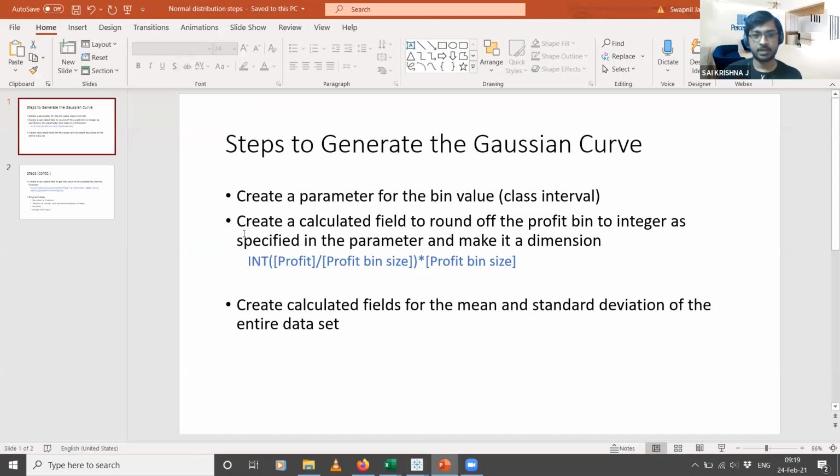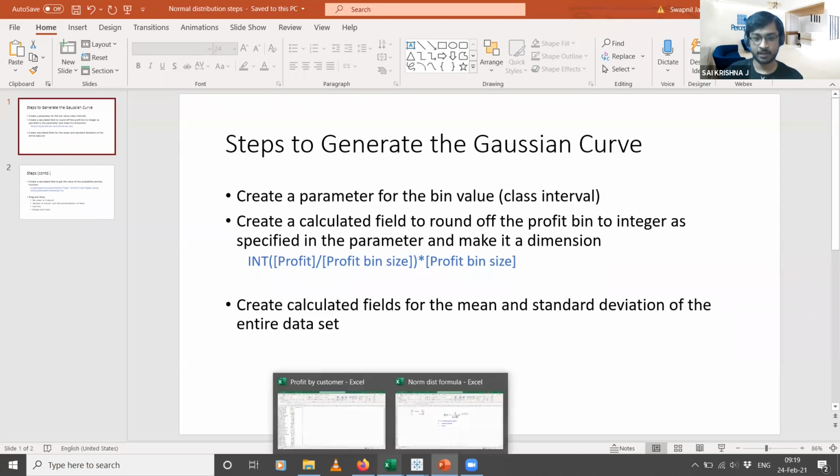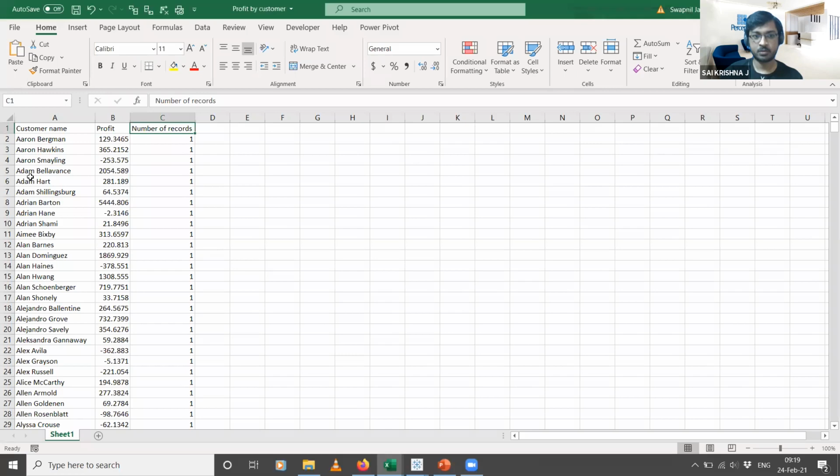The next step here is to create a calculated field to round off the profit bin to an integer, as specified in the parameter. For example, in the Excel file that we have, this is what the file looks like. We have profit of 129.346, 365.21, and so on. We need to round this to the nearest bin that we have calculated.